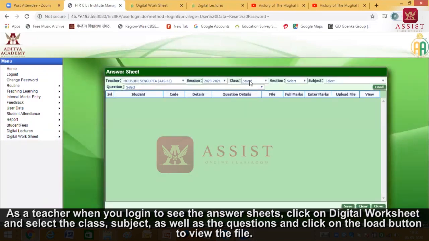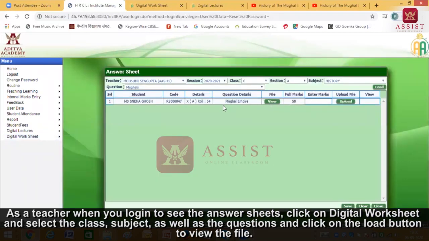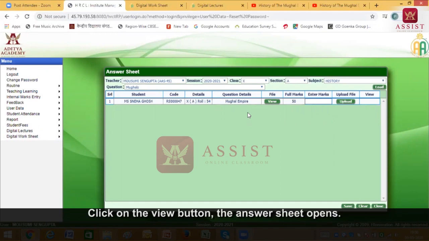Now I select class, section, subject and also the question, because history would be having different chapters. So I select Mughals and I press on load. The moment I click on load, this row would crop up. What does it show? It shows file view, which means the answer which has been given by the student is now accessible to the teacher.